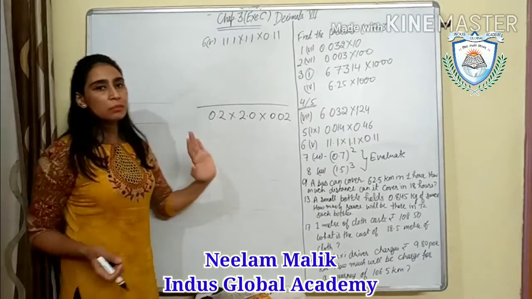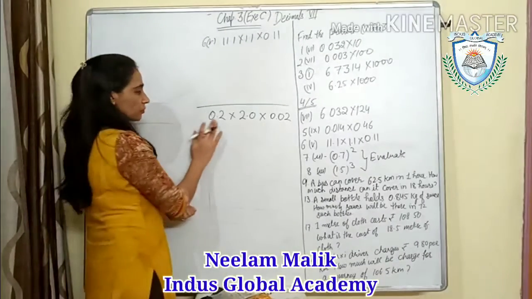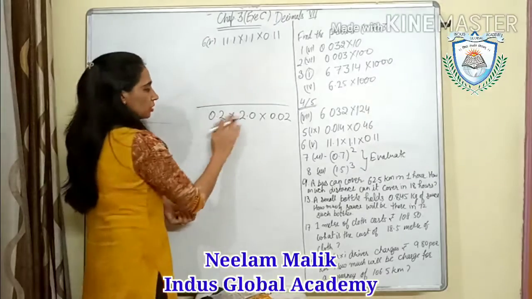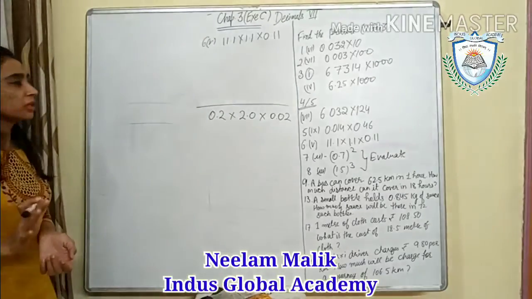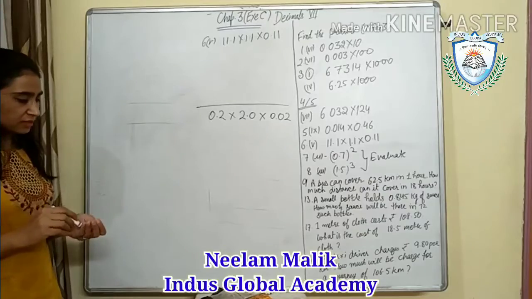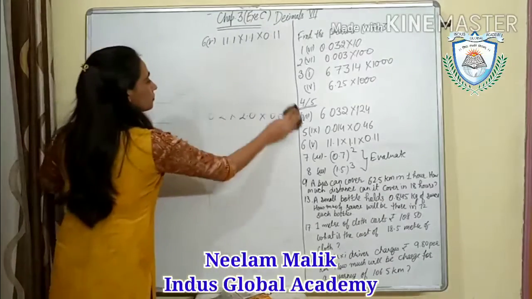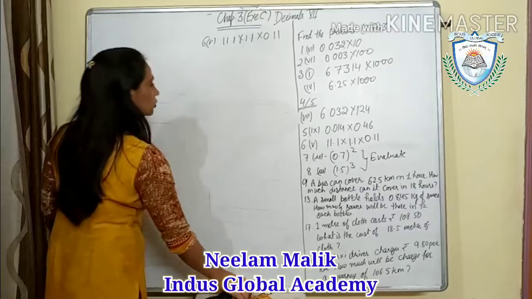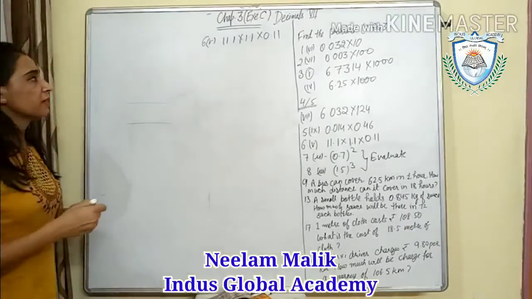So simply, what is our number? Our number is only 2. Okay, so you can do the multiplication directly. Okay, directly you can write your answer there. Okay, no need for multiplication with the decimal. So here we will show our multiplication in the fair copy, or you can show that on the side.